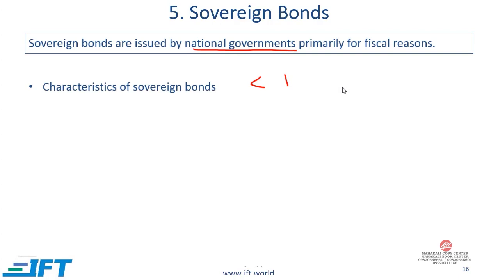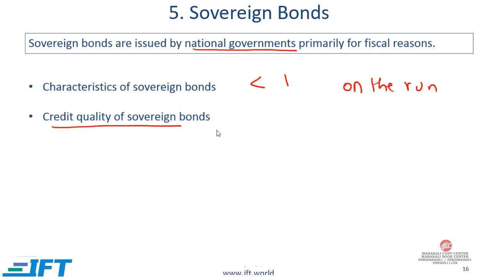Another term that you need to remember is on the run. On the run securities are securities which have just been issued. These are sometimes also called benchmark issues because they serve as a benchmark against which to compare bonds that have similar features. Generally, on-the-run securities have lower yields relative to off-the-run securities. Off-the-run securities are securities which have been issued a while back.